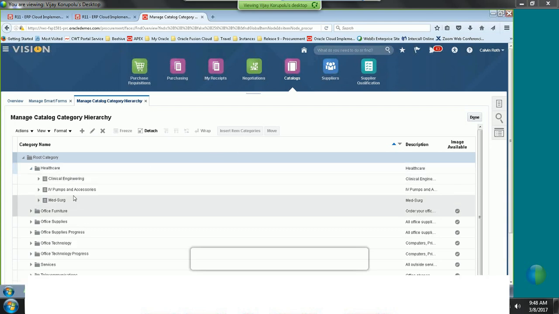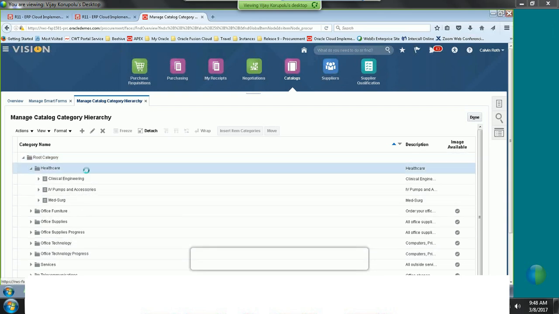Your root category and your different browsing categories are used only for the purpose of navigation, and the actual item categories. Once you click on the last browsing category, you can insert the item categories under the last node, at the leaf level. And you can use these edit options to edit or delete a particular category or add a new browsing category. Within the browsing category, you can insert your different desired item categories. So this is how you will build a catalog category hierarchy,